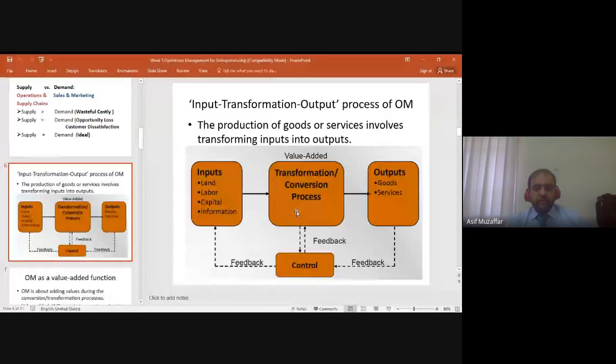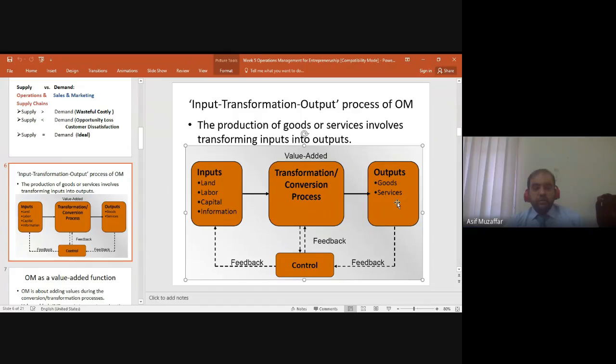Okay, the control feedback loop, you can put it. This is nothing important. You can just put a feedback loop. I told you that feedback will affect your inputs. It can affect your transformation process. The transformation process, we sometimes also call it the conversion process, to convert